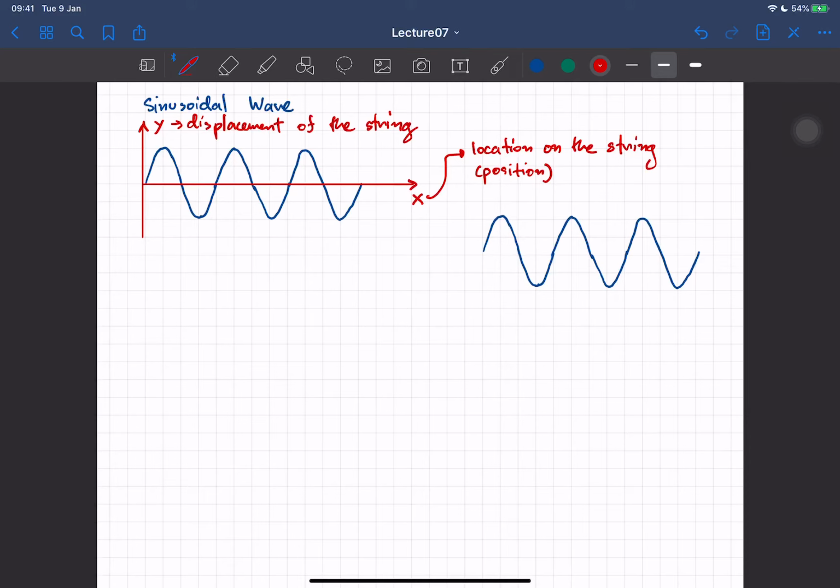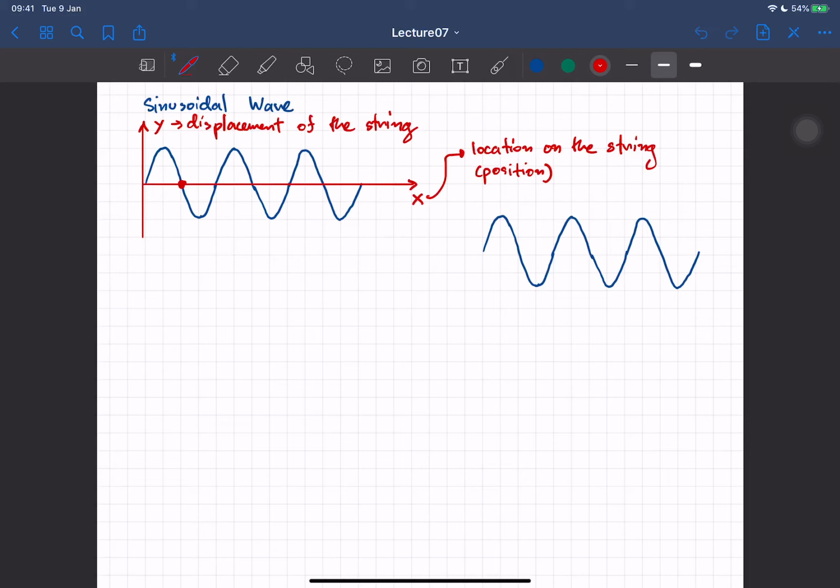The displacement of the string. For example, if you pick one particular point of the string here, the displacement is the distance, not the distance, the displacement from the center line. So it's going to be that displacement. If you pick this one, the displacement is a little bit smaller, okay? And if you pick this particular point here, that just happened to have zero displacement,